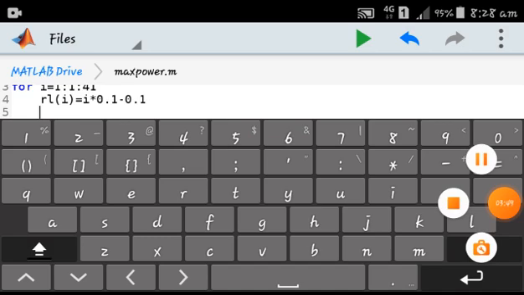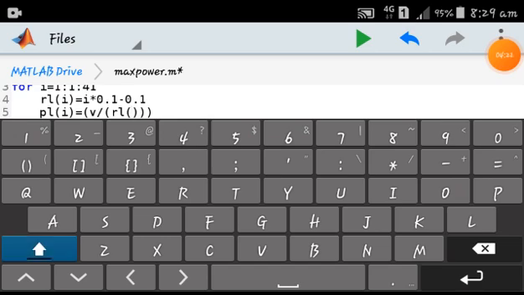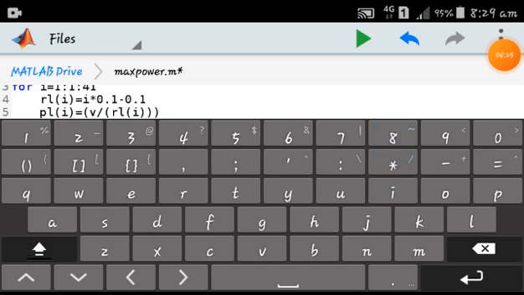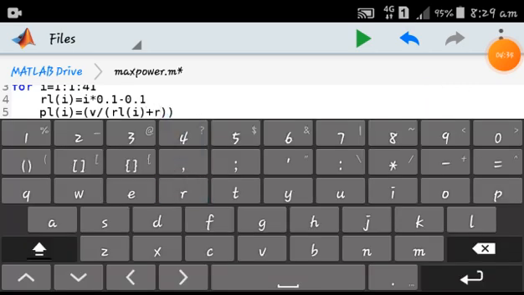Thus I am taking PL of I is equal to, opening bracket, V by, again opening bracket, RL of I, by RL of I plus RS.